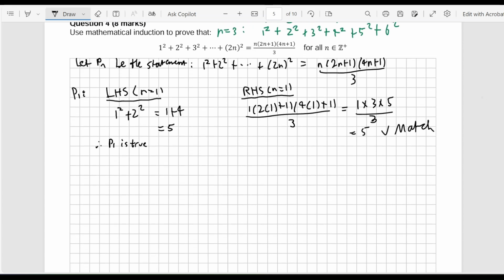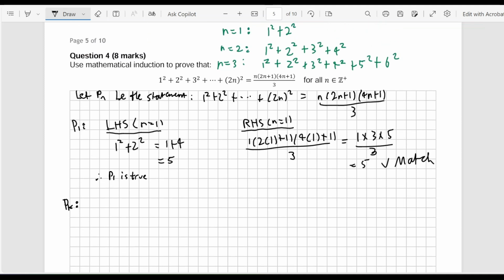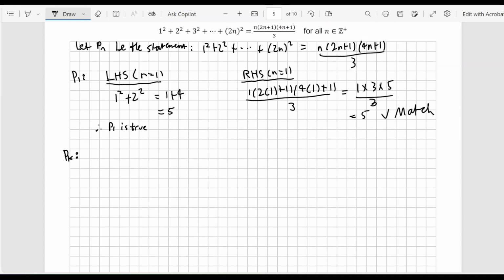So I'm hoping that with this induction, although this is, in my opinion, probably the hardest induction on the pretest, you might actually spot that issue when you were doing your base case. And that's why doing the base case is very important. That's also why sometimes it's not a bad idea to actually prove P2 and P3 as well, just so that you sort of know how the pattern formula is going to work. Anyway, assume